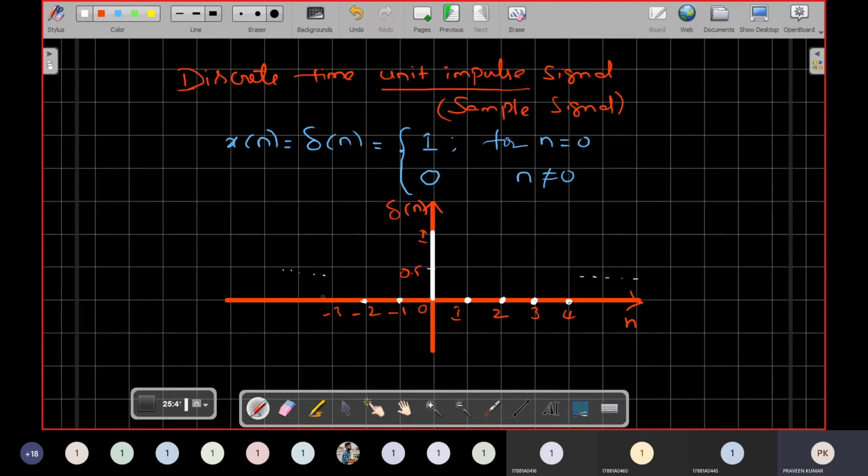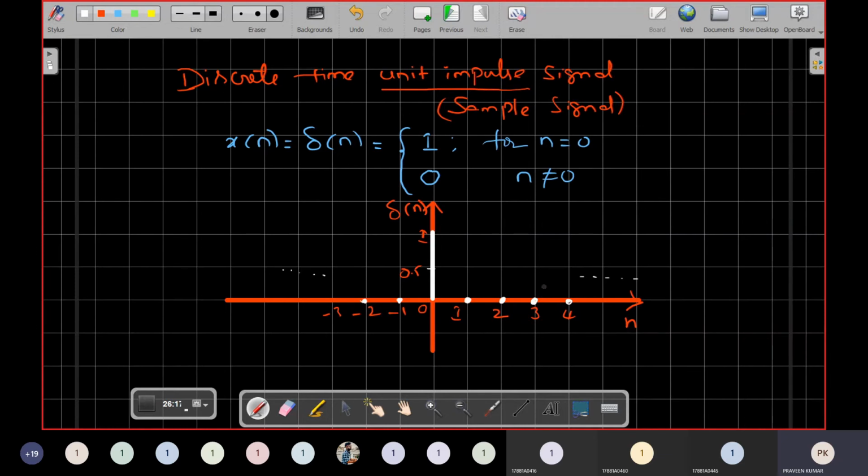That indicates that for the remaining time instants also the values are the same, zeros. If you do not mention the dot, your signal exists till n is equal to 4 only. If you are given the dot, it exists for the entire interval. If the amplitudes are the same, like n is equal to 5 also 0, then for all the remaining time instants the amplitude is zero. Okay, this is the discrete time impulse signal.